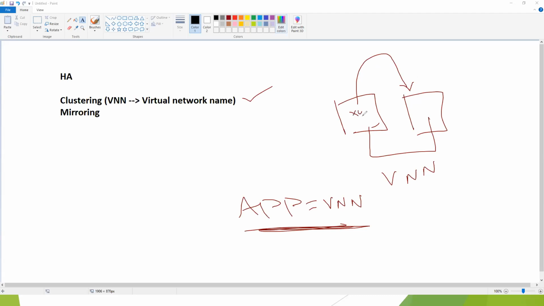Let's say this server name is XYZ. This server name is ABC, for example. The server name I'm talking about, right? So the host names, XYZ and ABC. And the virtual network name is common between these two, right? So with this network name, you will use this network name, so the application will redirect connectivity even if a failure happens, right? So now